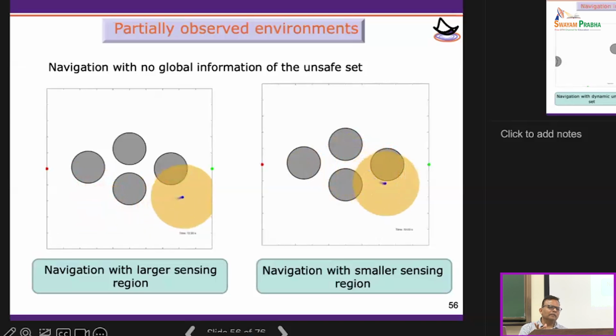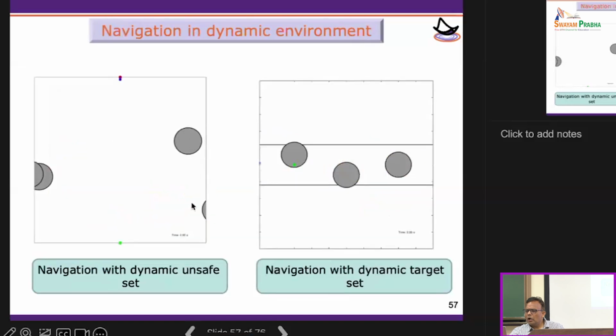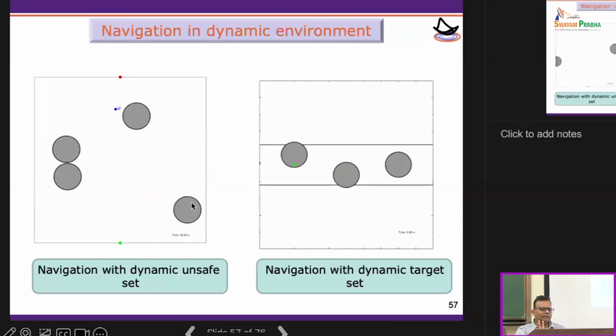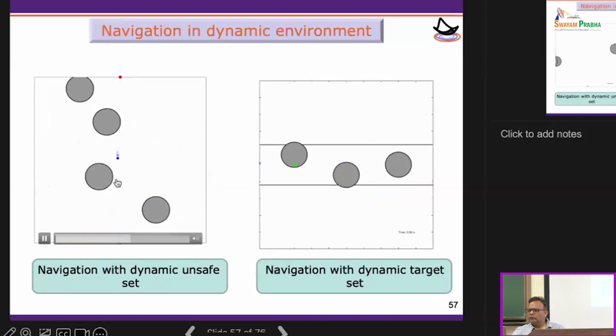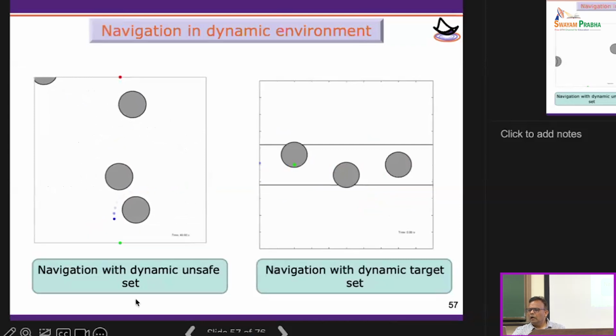So you see, this is what you'll expect, right? And the nice thing about this is that all these things are very intuitive. The next slide, I could just show you now, but I want to talk about two different things: how do you extend this to more complicated dynamics, and second, how do you do it in the dynamic case. So for the figure you see here, this is when the unsafe sets